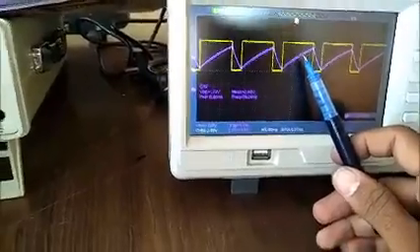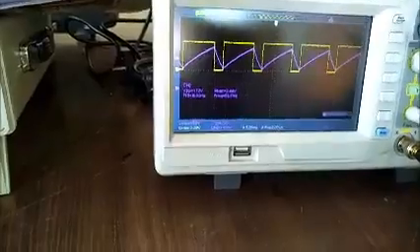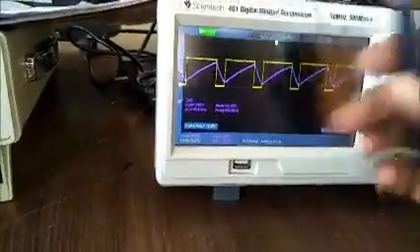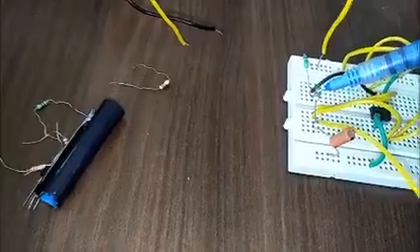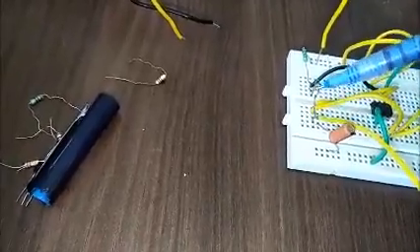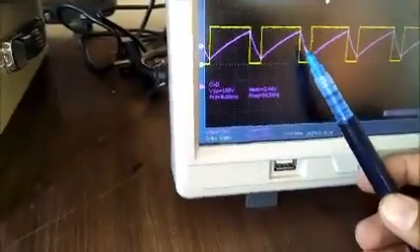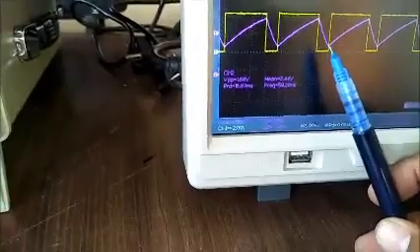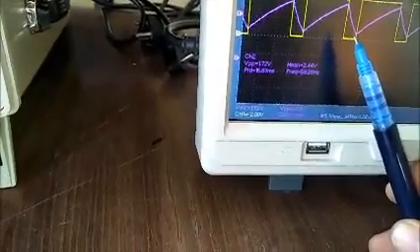You will have a high output. During the discharge period, you have a low output. So the capacitor starts charging and discharging. During charging, it will charge through this RA and RB resistance, and during discharging it will discharge through this RB resistance only. So that's why you have waveforms like this. One can adjust this T on period and T off period by adjusting the values of the resistances and capacitor. That means RA, RB and capacitor value.